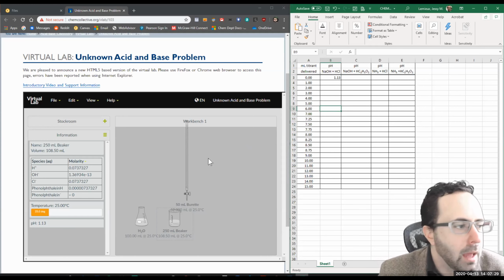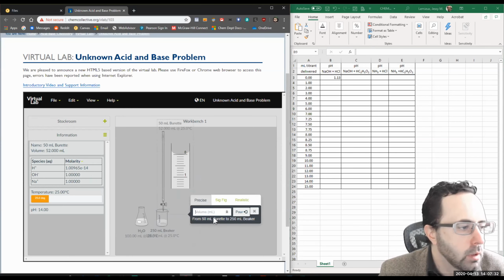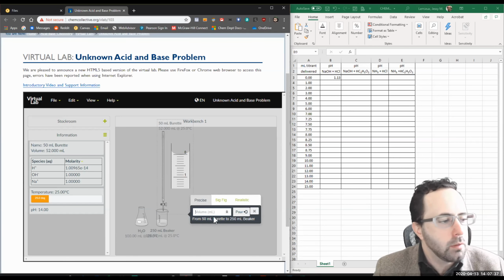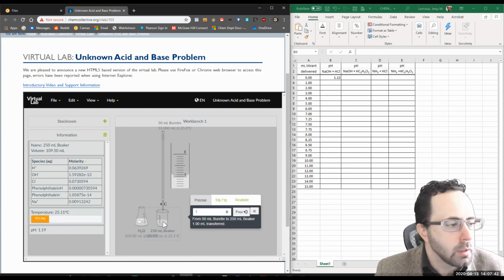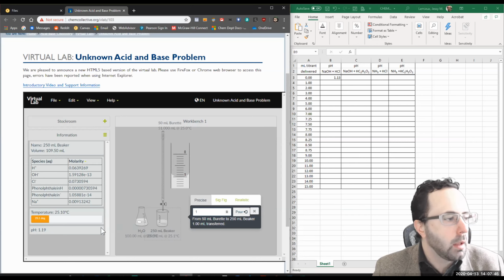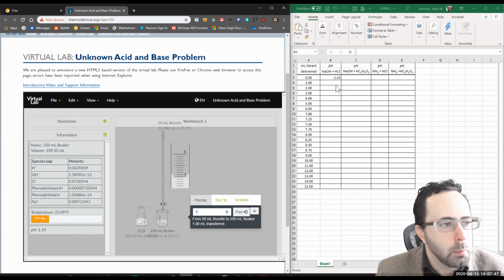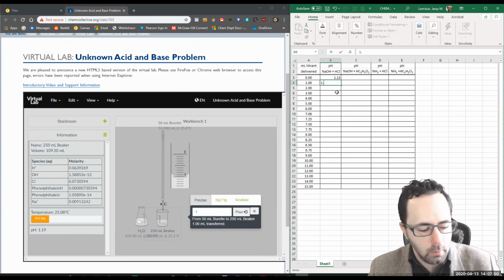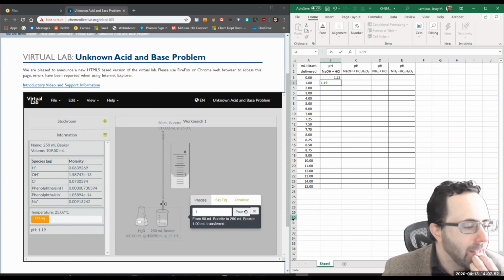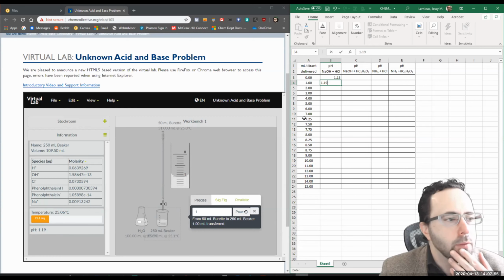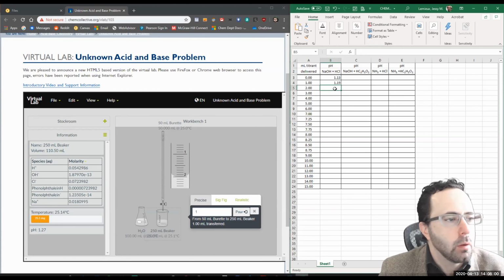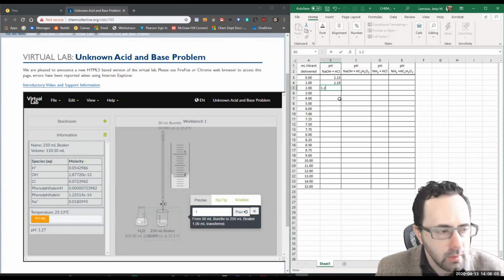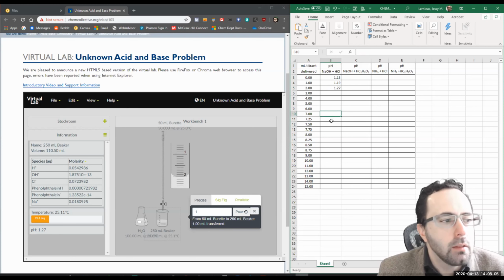And then we're going to add 1 milliliter. So I'll drag it over again, and right now it's showing the pH inside the burette, which is 14, but as soon as you deliver some, so we'll deliver 1 milliliter, it will switch to showing the pH in the beaker. Okay, so now we've added 1 milliliter and the pH is 1.19, so we can put that there. And then we'll add another 1, so we have 2 total. And now the pH is 1.27, and you'll continue to do this until you get to close to the equivalence